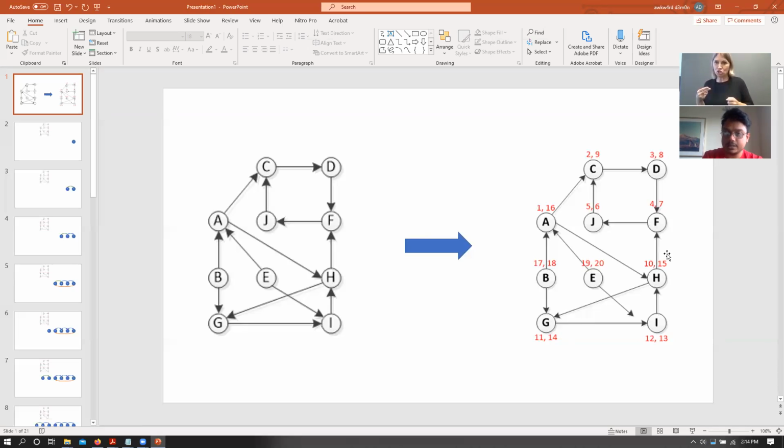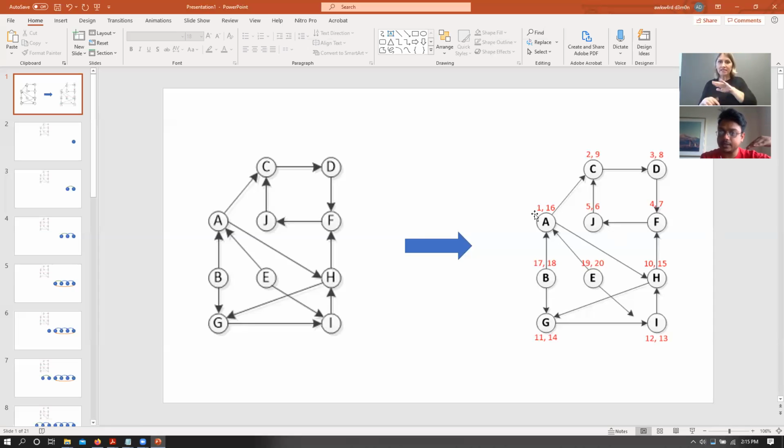And once we have covered these 4 nodes and these 3 nodes, we are done with all the vertices from A. So we are done with all the child nodes of A. So now we come back to A, and A now gets a post visit number of 16. Now we still have some vertices left.